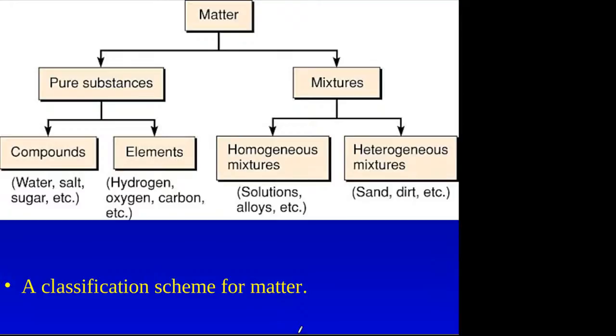On the other side of things are mixtures, where there's no general building block. And we're going to have homogeneous mixtures where they look the same everywhere. Metal alloys are an example of this, where we've mixed it so well it has a consistent structure, predictable patterns. And then we have heterogeneous mixtures like sand, dirt.